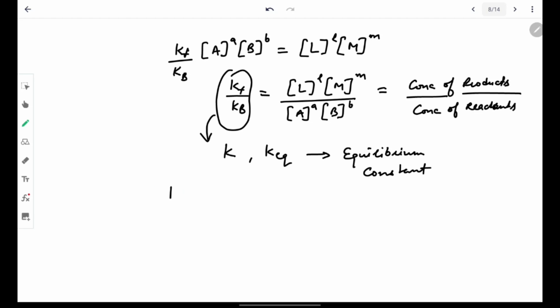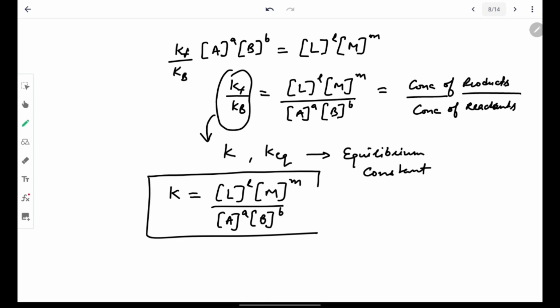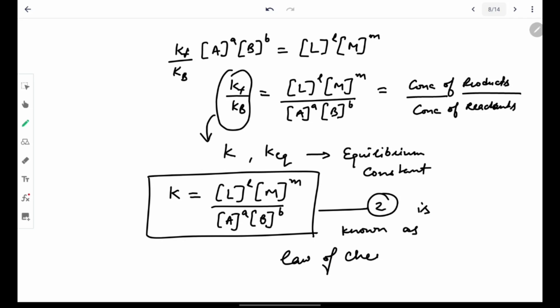Also, we can write K is equal to [L] power l, [M] power m, over [A] power a and [B] power b. This whole equation number 2 is known as the law of chemical equilibrium. So, now this is the equilibrium constant. We will write